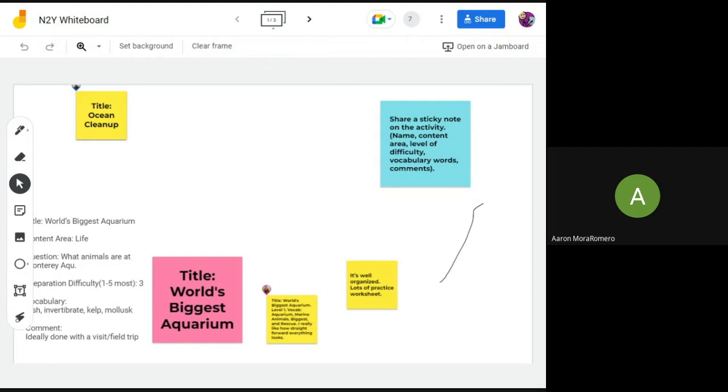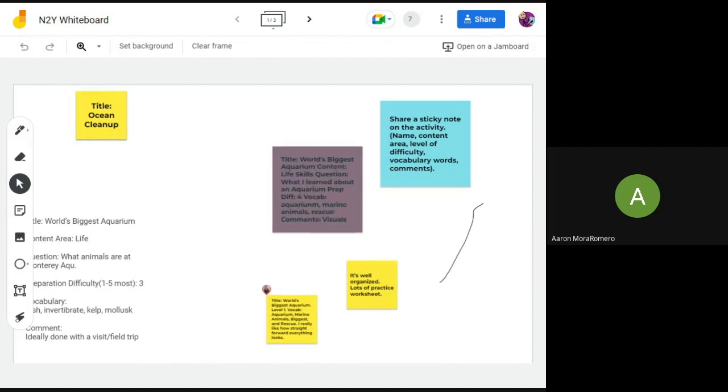I don't know if I deleted it or not, but it was a comment on the Jamboard that said, I really like that each lesson has a letter home, like a reflection kind of thing for the students, and I think that enables them to reflect on what they learned in the classroom setting. I tried to justify if it would be easier or not to deliver the lesson, because I'm not in the classroom, I'm outside the classroom. So if I have an opinion, I think a 3 or 4 in terms of difficulty.